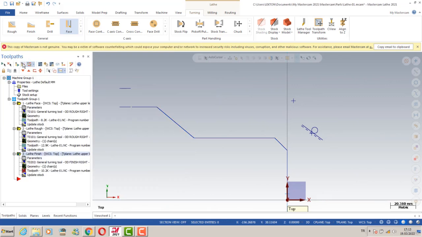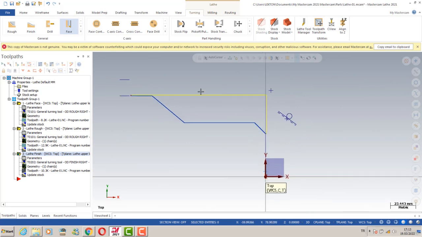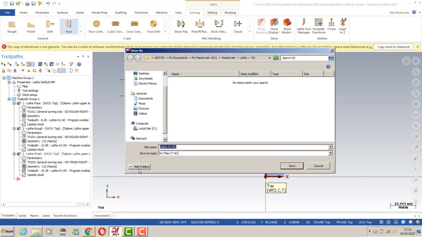Okay, so we can reactivate it, and okay, let's get our G code here. I can select all my operations, face toolpath and rough process and finishing process, and then select all of them, and then we can hit the G1 button to get my post. This is the MP1 post. That post is all about the Fanuc control unit,